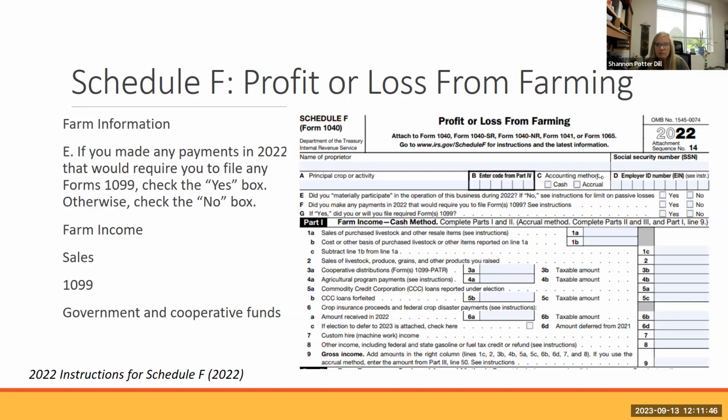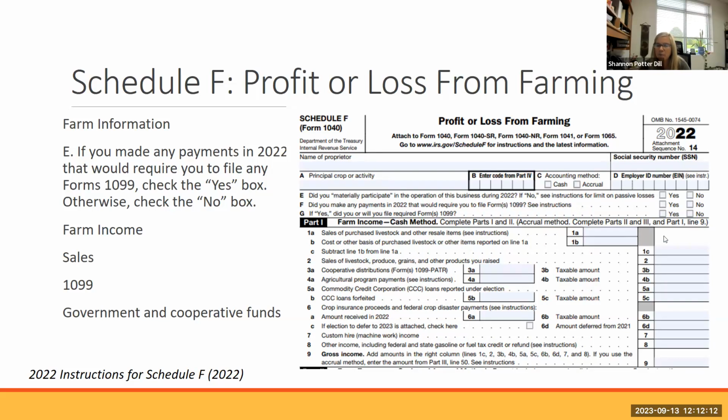The next section after this introductory A through G here, you get into Part 1, which is farm income. And again, you see that cash method that's listed here. If you're doing the cash method, you would complete Parts 1 and 2. Accrual completes actually a whole different section of profit and loss from farming.